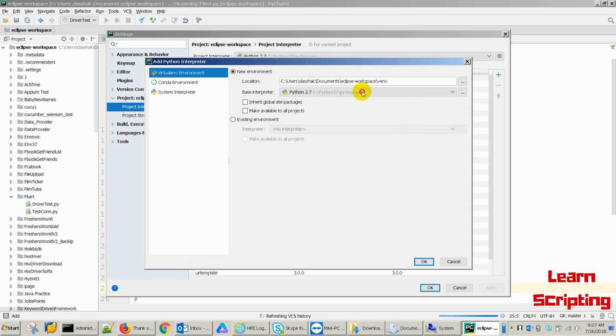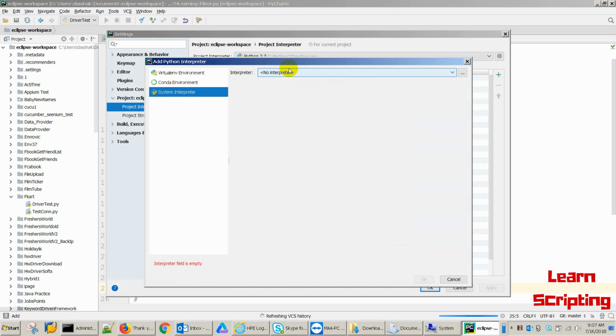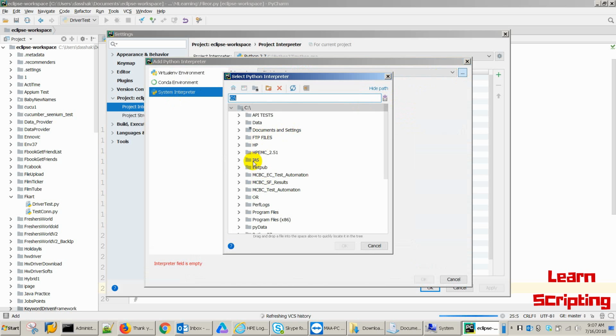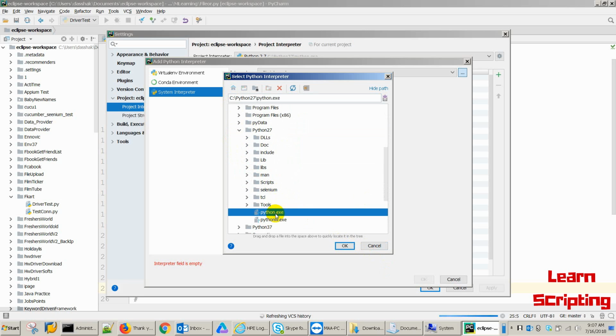After clicking on the add button, you have to select the system interpreter. There will be three interpreters. You have to select the system interpreter. In the system interpreter, there will be Python, C, Python 27. If not there, then you have to click and browse that location. In my case, it's installed in C. So I will go to C and Python interpreter. It's showing only C documents. Okay, Python 27. Then you have to select this, and after selecting this python.exe, you have to click on